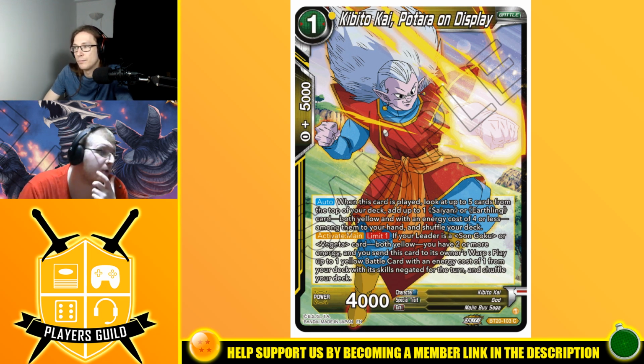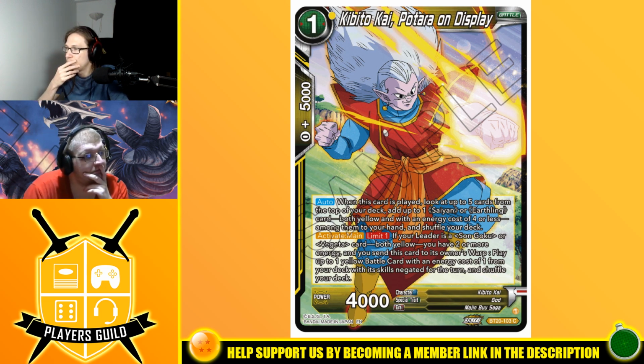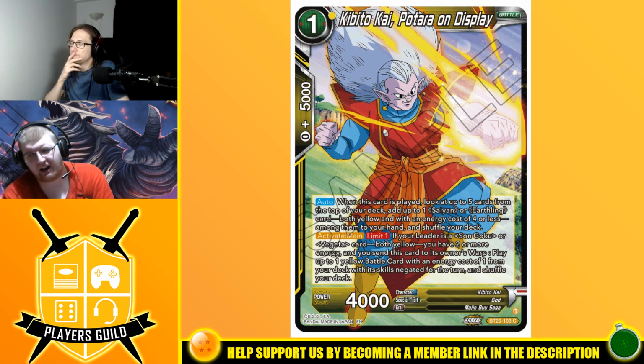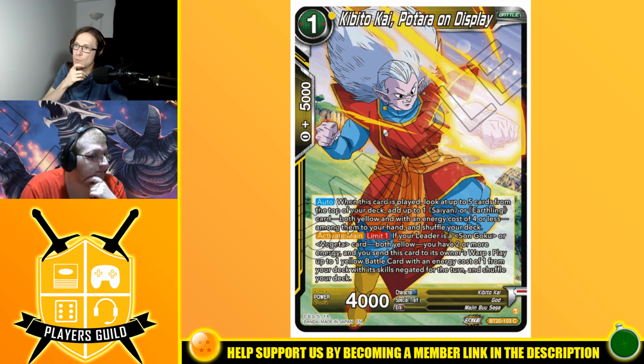Yeah, true. So this is your tutor. Yeah, you just play it on 1, search the top 5 for whatever you need, and then if you have 2 or more energy, you just warp it and play it. I think this card's going to get seen in other decks. I think it's very good. The fact that it can tutor any 1-drop, the Goku Childhood from a starter deck, you can tutor the Bulma you need. The only requirement is...